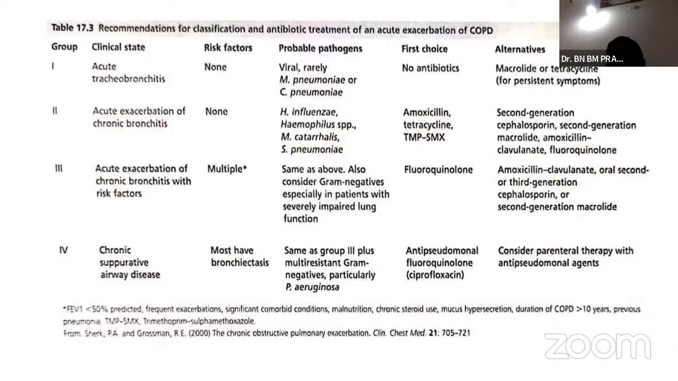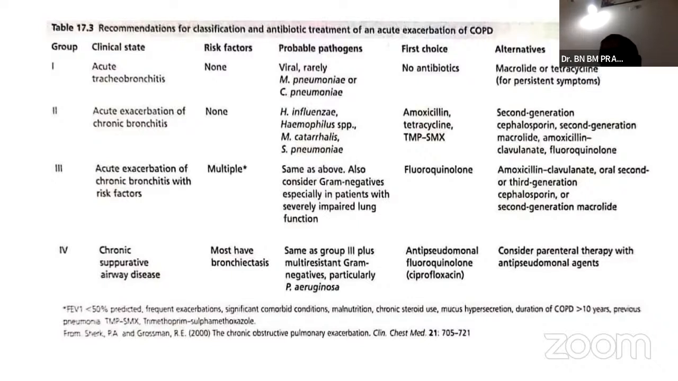So, a word about antibiotics. It is similar to the acute exacerbation of COPD. Whenever you have a tracheobronchitis, acute exacerbation of chronic bronchitis, the most likely organisms are influenza, mycoplasma, streptococcus pneumonia. So, the drug of choice in these cases is amoxicillin, tetracycline, Septran, and alternatively it can include cephalosporin,